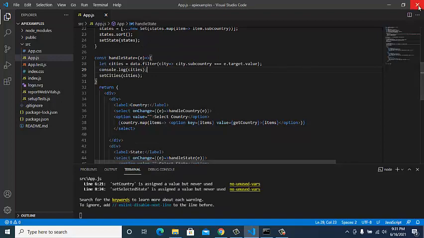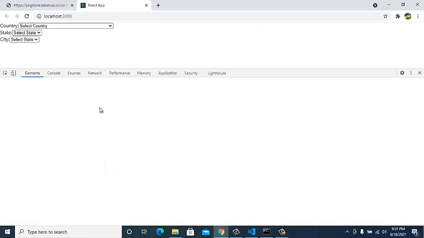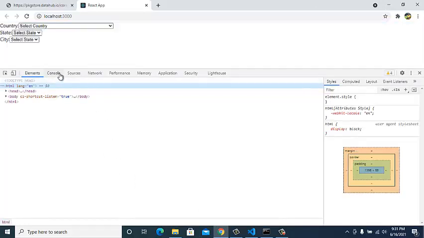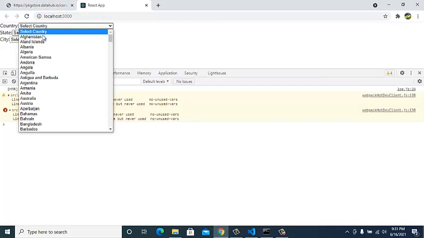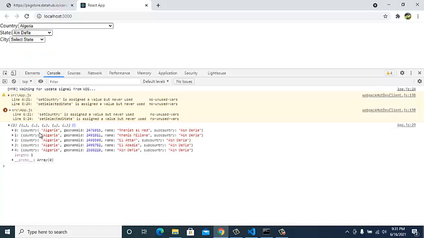I'll show you what all things we are getting, and why I have written dot name. I will select a country and state, and we will get the city. This cities data is coming in a full array with country name and sub-country. Sub-countries and countries are repeating; what is not repeating is only the name.